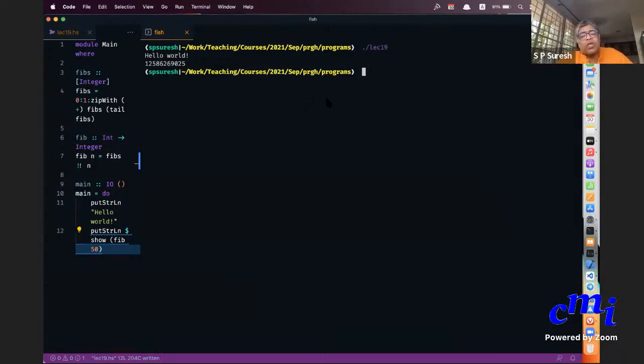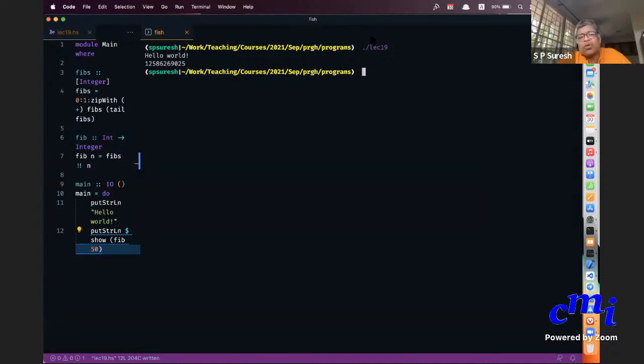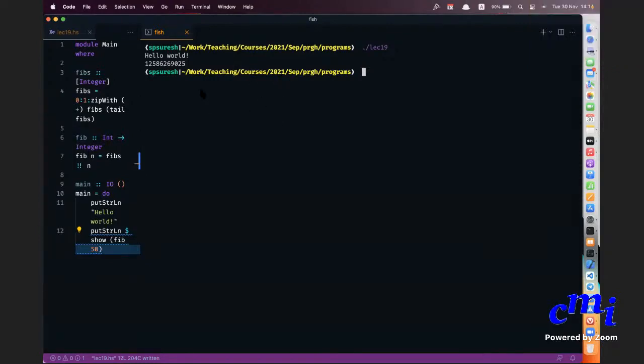Somebody has something on chat. Soham Chatterjee is asking how to do the same thing in PowerShell or CMD. Can somebody tell? Anybody else who is using Windows and has managed to do this? You can just unmute yourself and tell. So in Windows, there's a setting of environment variables. You can just look it up in the search bar. If you want to do something in the current directory, how do you do the dot slash thing? Yeah, it works the same way. So you compile and then you just do the dot slash thing. Okay, so this is the basic thing.